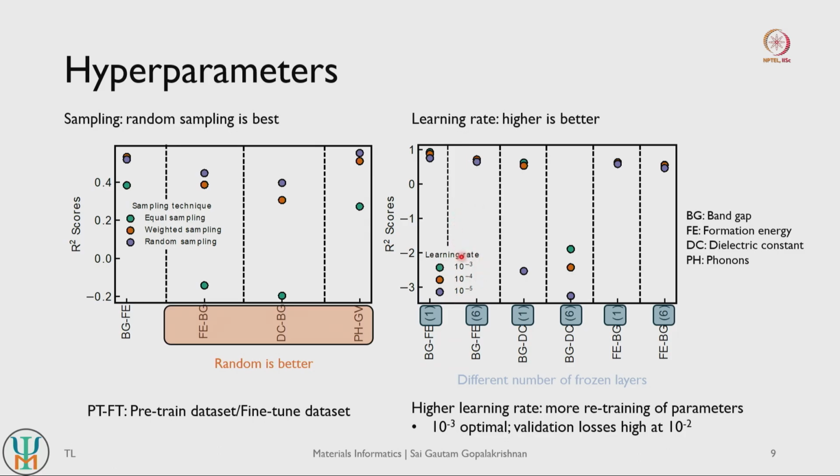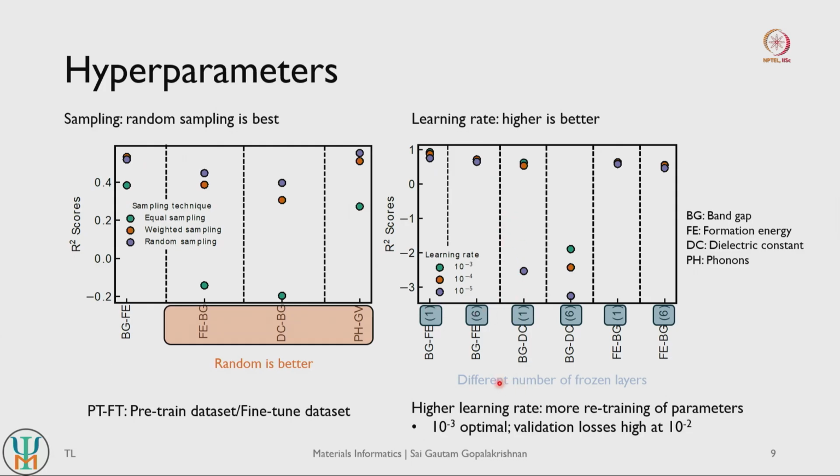So we looked at 3 different magnitudes of learning rates, 10 to the power -3, -4 and -5, once again for the different pre-training fine tuning tasks. We use the same notation here. BG is the computational band gap, which is the pre-training data set, FE is the formation energy, which is the fine tuning data set, and FE is the target data set. So this is the data set that we are trying to make predictions on. And the number in the brackets indicates the number of rows and layers. So we either considered the models with the lowest degree of freedom or the models with the highest degree of freedom, so 1 and 6 here.